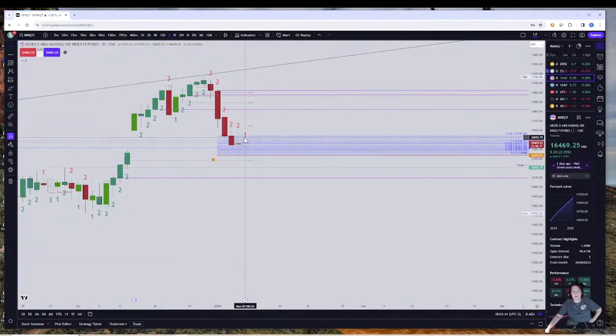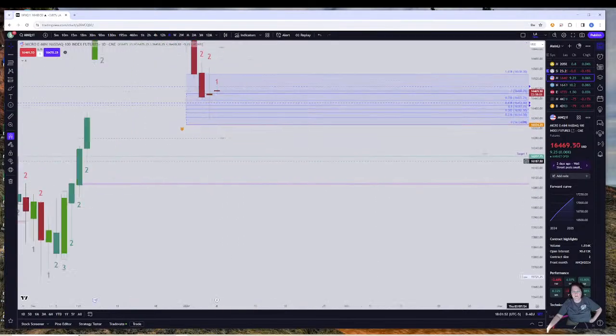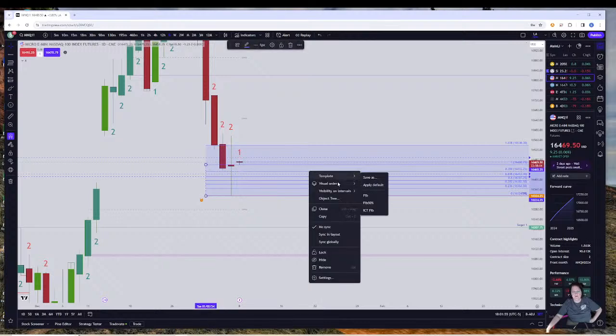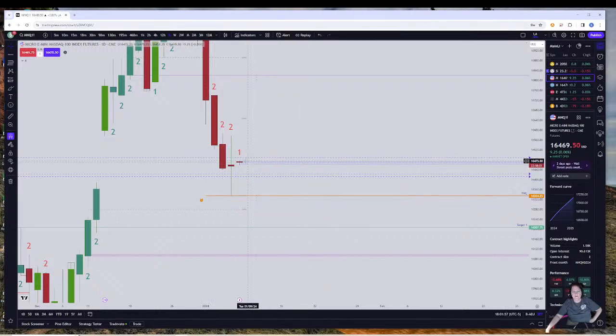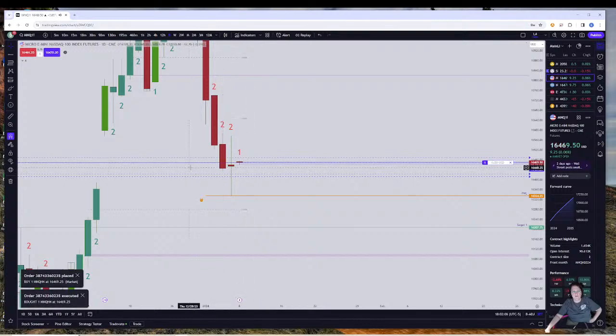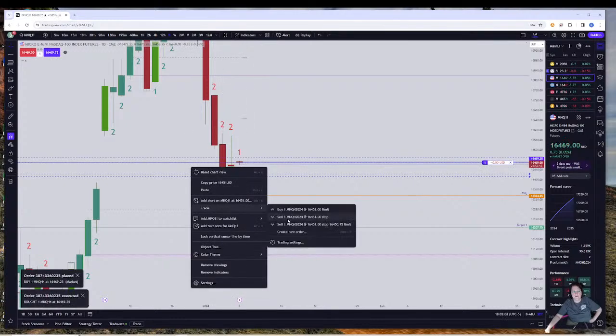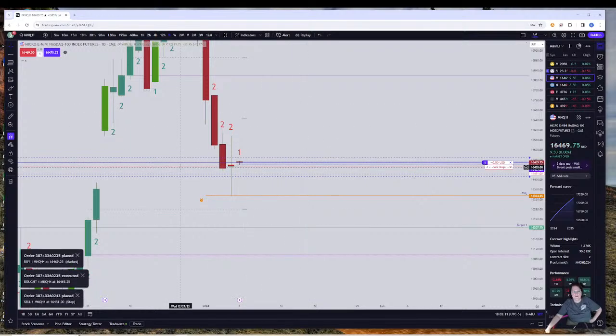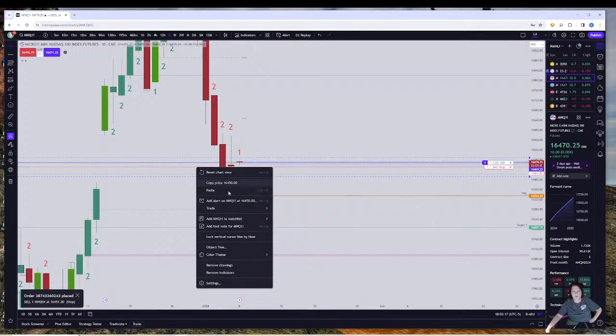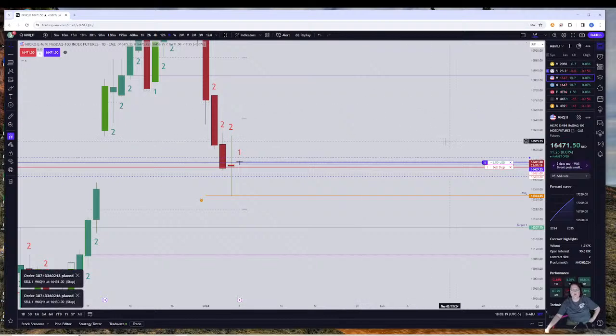Let's go to the daily. Oh, very much inside day if we start coming back up here. But you can look at this as a doji there on the previous day. Go ahead and remove that. So we are popped above it. You know what, actually, I'm just going to go long 1 micro. I'm going to set my stop here, and let me add another one. That way it will put me in short if we go below that.